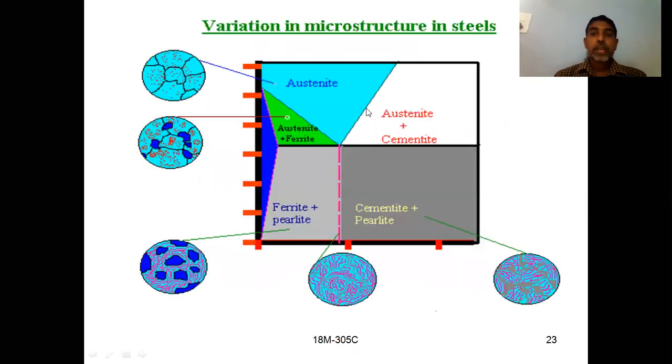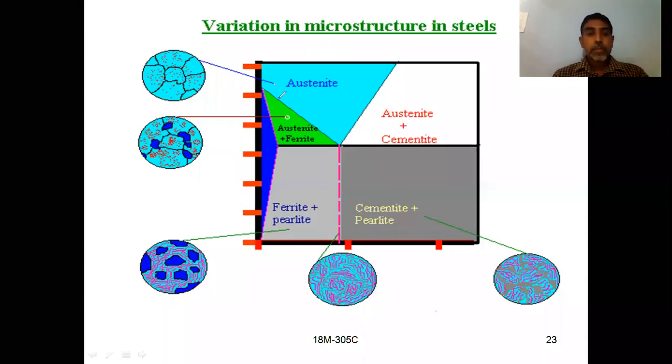And if you see here, variation of microstructures in steel. This is some portion of the iron carbon equilibrium diagram. If you observe this, you will see completely different terminology here. We are going to discuss those terms and definitions in the coming sessions. Don't worry about the terminology. Just try to learn the basic things here.